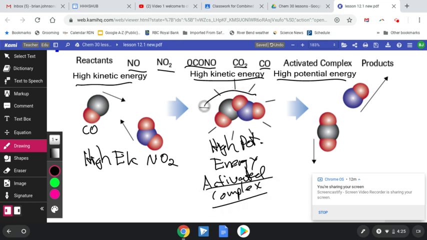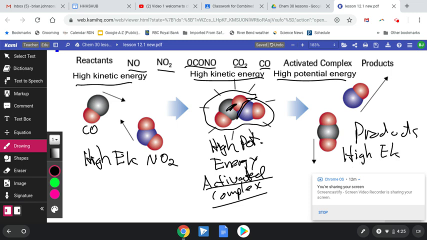Okay, this is our unstable activated complex. It lasts for just a split second. If the orientation is correct, we can make a new bond, we can break this bond, and we have our new products being formed. And they leave with high kinetic energy and low potential energy, just the way they came in. And if we wanted to put this thing in chemical form,